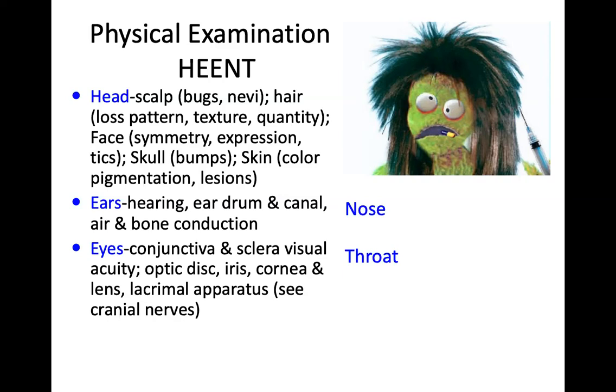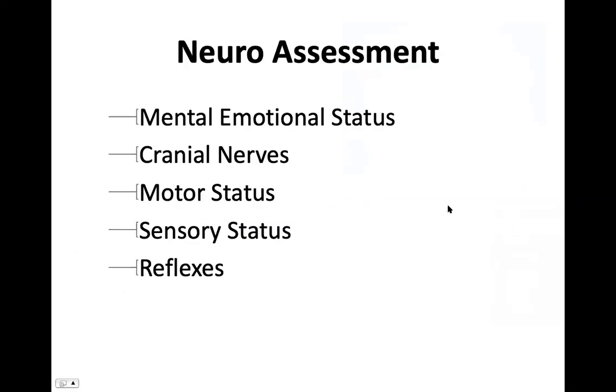And then nose and throat, basically, I just look to see if the turbinates are enlarged, if there's any erythema, redness, and if there's any drainage. And then throat, I always look for erythema. I look for the uvula moving. I look for the tonsils. I look for exudate in there. And I will do a lot of throat cultures, all right? Because strep is something that needs to be treated.